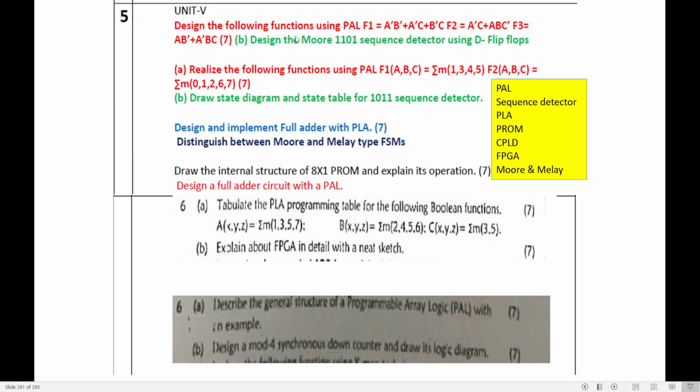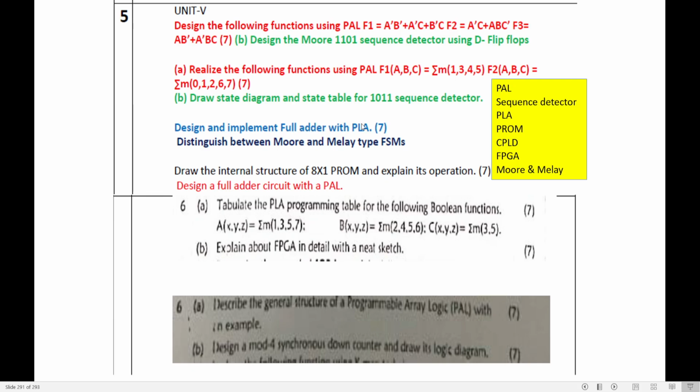It means, can you see this 2023 mains paper? You get a PAL question and sequence detector. Again, 2023 supply paper, you get again a PAL question. It is repeated twice, and a sequence detector. Can you see here the sequence is 1101. Here the sequence is 1011. That is the only difference. Clear? Okay. Now, can you see the 2024 CSE main paper?